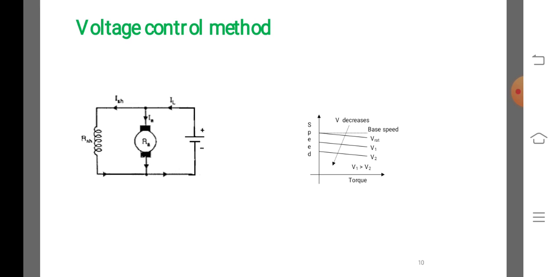It has some classifications. One is multiple voltage control. In multiple voltage control, the shunt field of the motor is connected permanently across a fixed voltage source. Then the armature can be connected across several different voltages through suitable switchgear. In this way, the voltage applied across the armature can be changed. The speed will be approximately proportional to the voltage applied across the armature. Speed can also be obtained by means of a shunt field regulator.